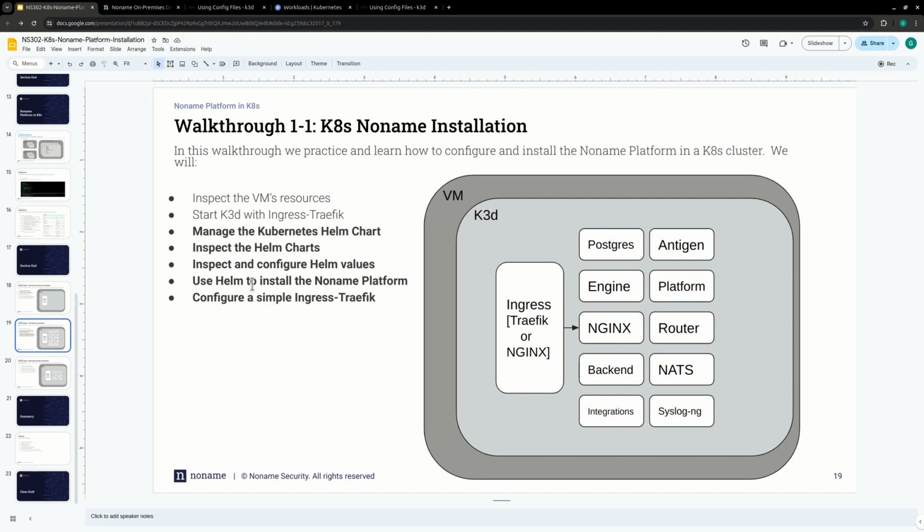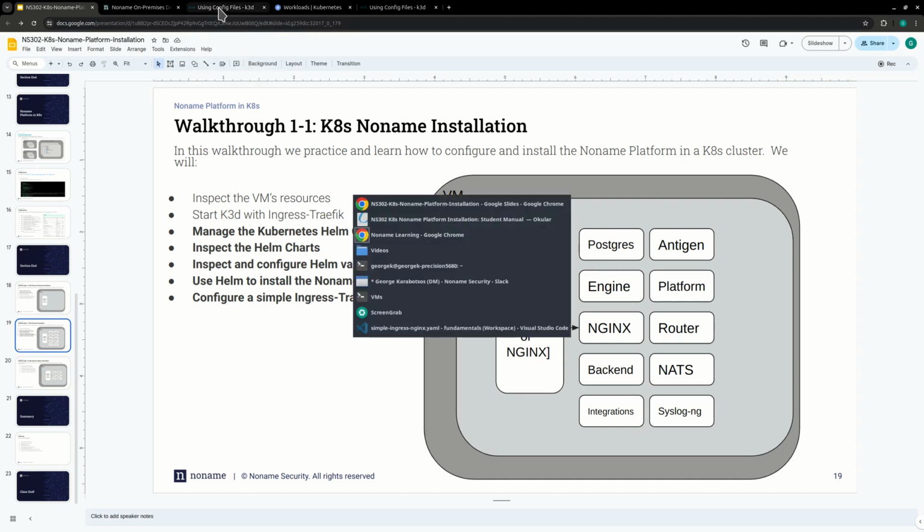Great. We're in the section where we're actually going to do the installation. We're going to make use of the Helm chart to install the noname platform in our K3D cluster. That's what we're going to do. So the next thing is we're going to go back to our terminal,